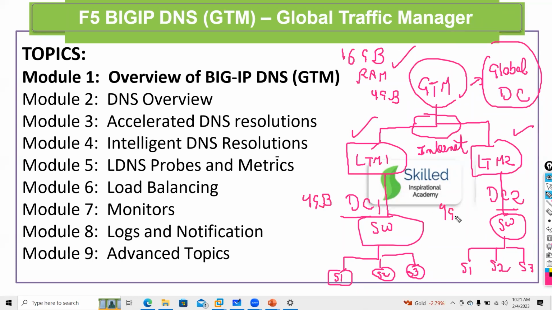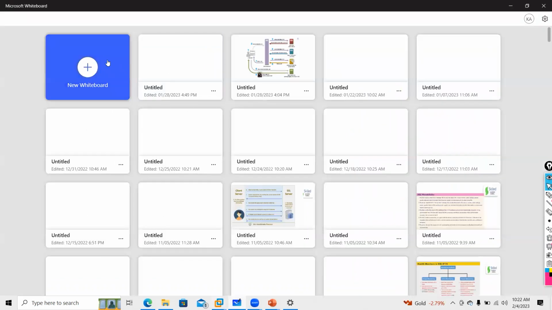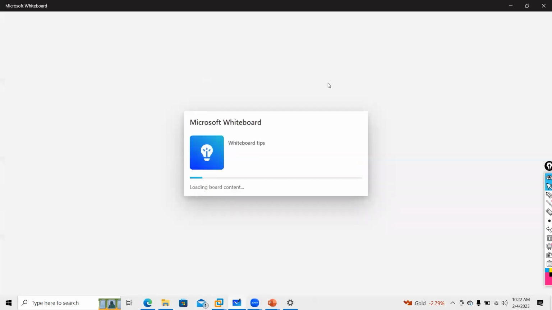If someone has lab issues, if someone has 16 GB RAM, then it's good. If someone does not have it, they can prepare in Google Cloud. I will be helping you with that. Some people have already done the Google Cloud deployment, and you can also do it. So this is how our data centers are built. I will quickly explain our lab topology on the whiteboard so that you can understand the RAM.